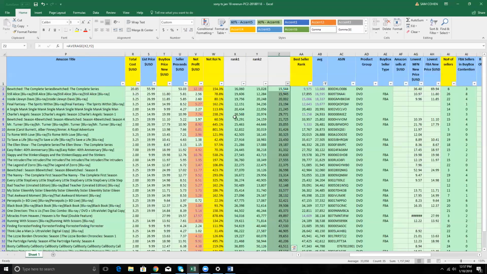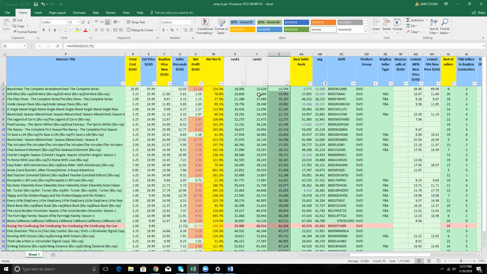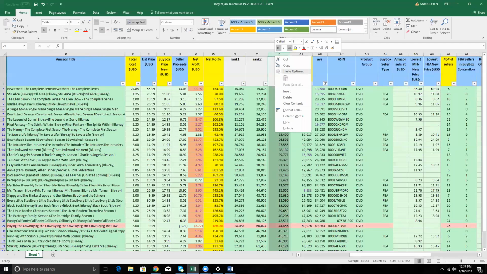And now do the same thing. Look at my net profit, look at my ROI, look at my sales rank, but using the average, because now I'm looking at 2 points of data. Usually I'll take it one step further if I want to be more careful to make sure I'm doing things